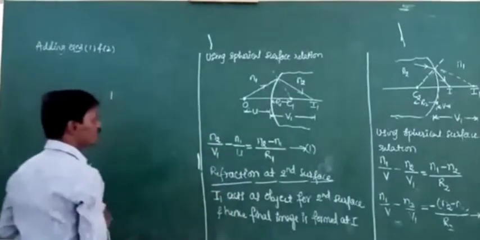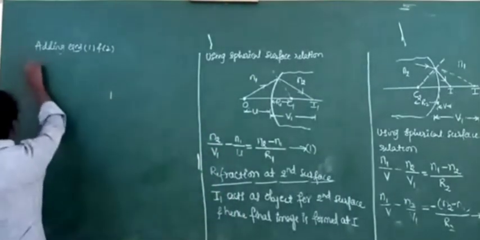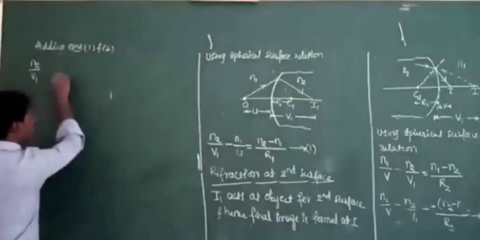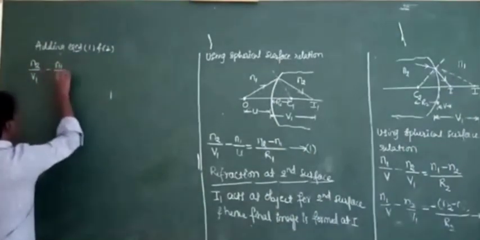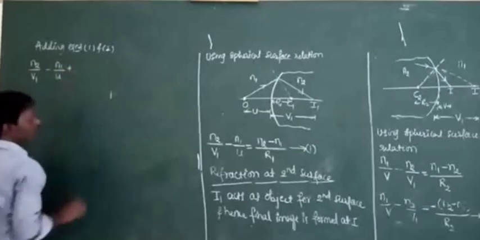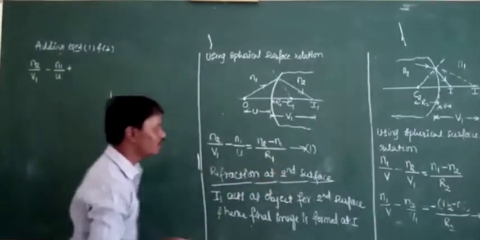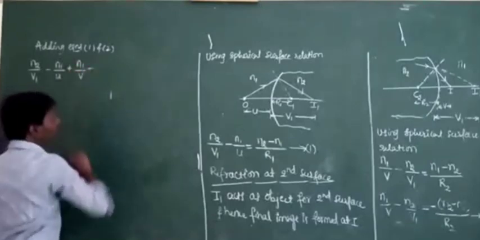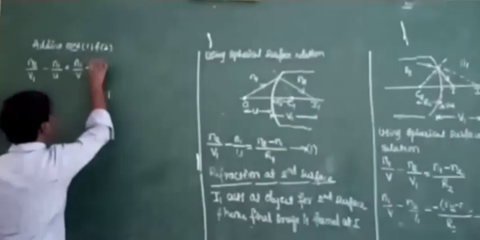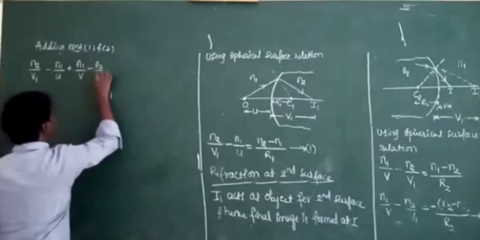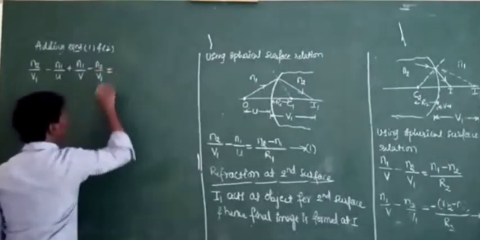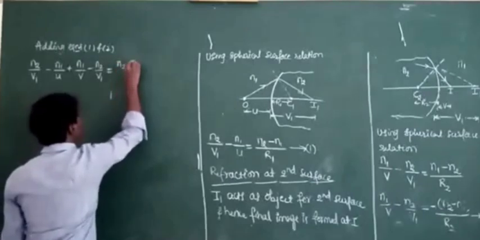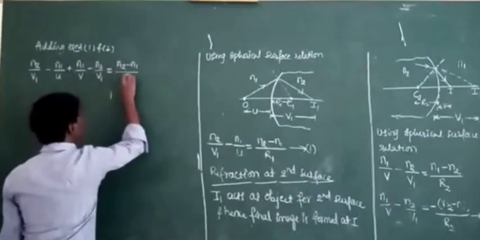The left hand side of equation 1 is N2 by V1 minus N1 by U, plus the left hand side of equation 2, N1 by V minus N2 by V1. That is equal to the right hand side of equation 1, that is N2 minus N1 divided by R1,